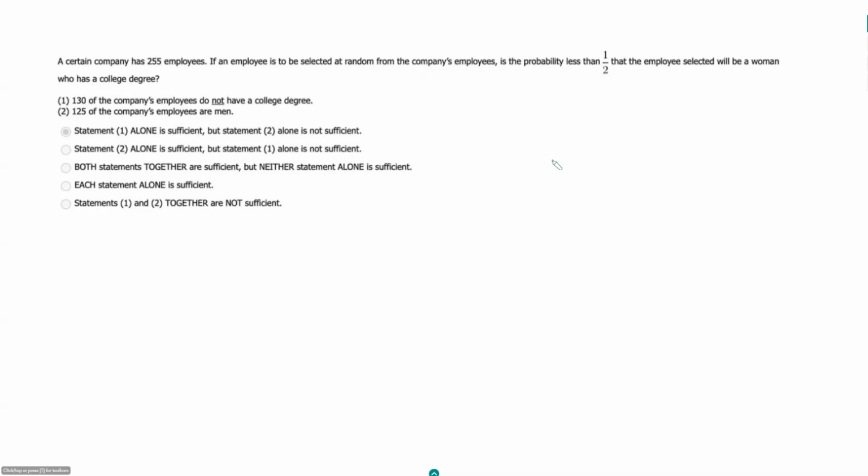So from our prompt, it sounds like this is going to be a combination overlapping set and probability question. So if it's an overlapping set, our groups are going to be women and not women, which means men. So women, men, and then people with a college degree, and then people with no college degree. And we want to know,